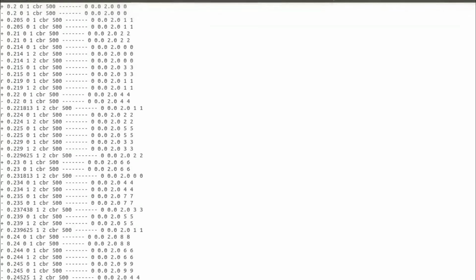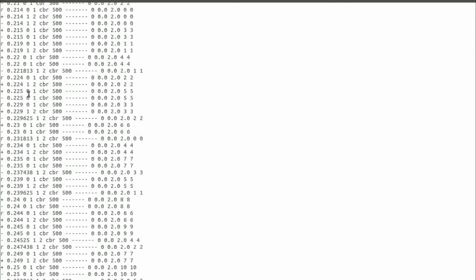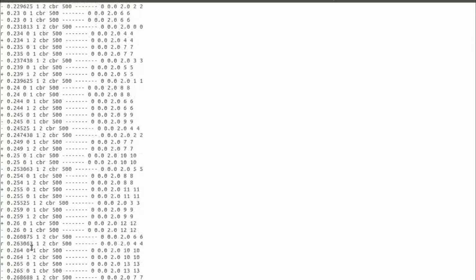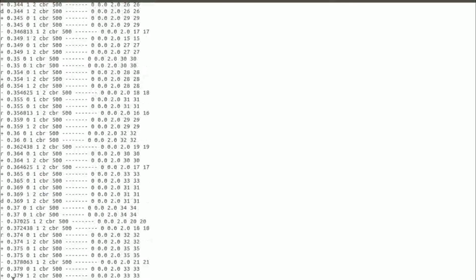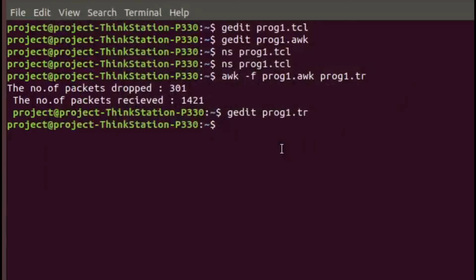So this gives the counts of how many packets have arrived and how many have departed. Accordingly, you have r and d, that is the number of packets received and the number of packets dropped. This is how you get the output, the number of packets dropped. By this, I think you have understood the very first simulation, the point-to-point network. Thank you.